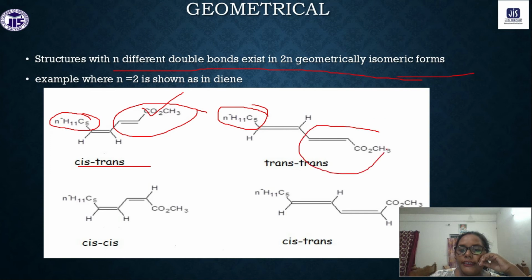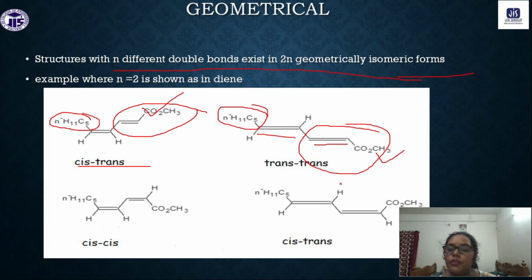If you are considering this double bond, right? So this is the trans, right? Now if we are considering this double bond, that means you can see this group and this total group will be at the opposite direction. So this is again the trans isomerism. So that is the trans, we can say this is the trans isomerism.